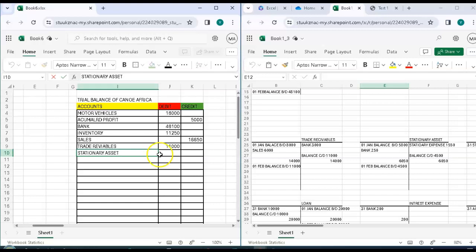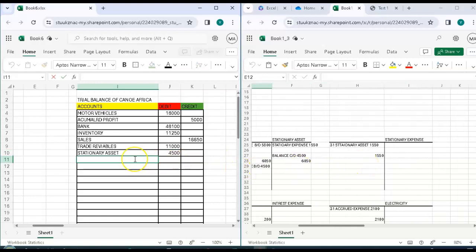Stationery asset increases on the debit side. As you can see, there's a debit balance of 4,500. The next one we have is stationery expense. Same thing with stationery expense. It increases on the debit side. The balance is